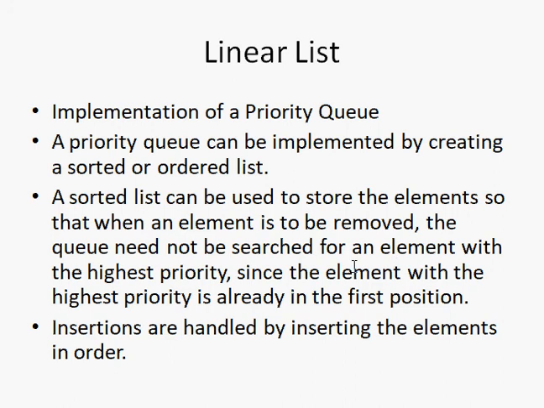So take an unsorted list, sort it in descending order, so you get the maximum element at the first position, and remove it directly if it's meant for deleting an element. Suppose it is meant for inserting an element, then you will know what values you have in the queue. Based on the element you are supposed to insert and the elements present in the queue, you can conclude the best position for your inserted data to be located in the queue.